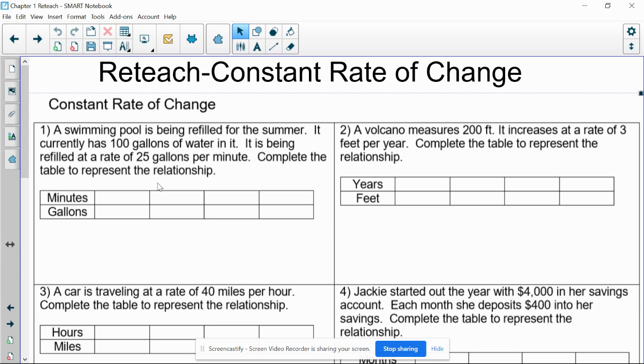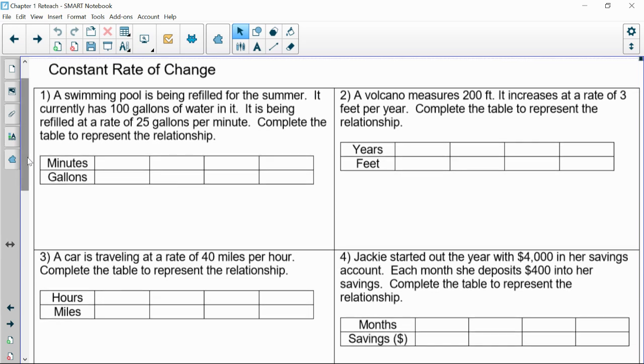This is Mrs. Oliver bringing you today's reteaching on the constant rate of change. This is also known as CROC if you just do the acronym of the CROC. Alright, so we have a little bit of review. We're going to fill in some tables, and then we have a little bit more stuff to do. Alright, and then whatever I don't do in this video is what you are required to finish up for your